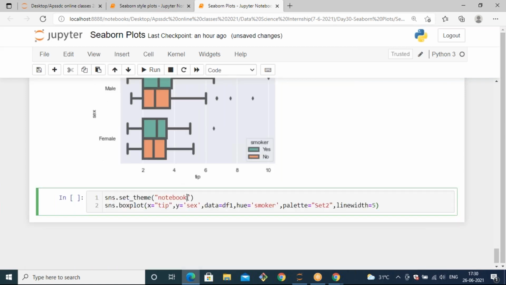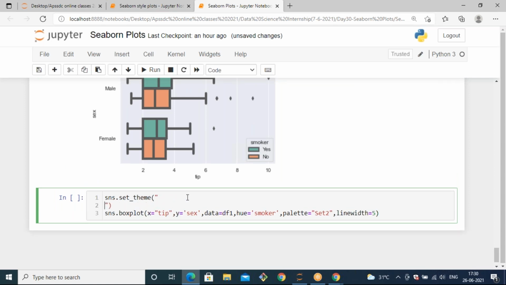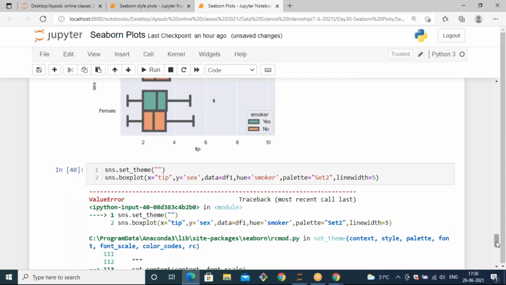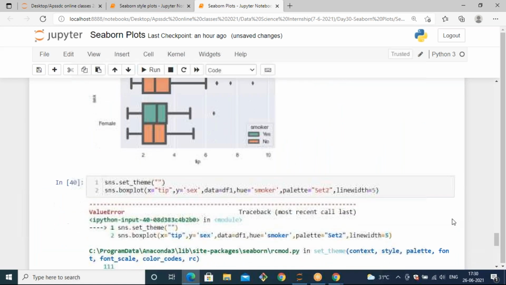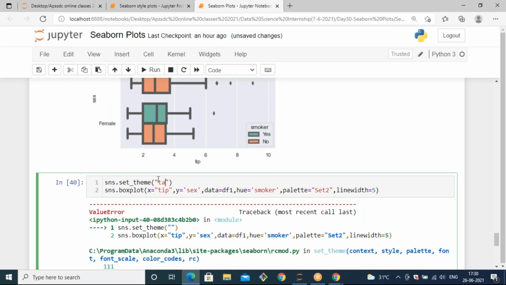So here I am applying the theme. We have paper, notebook, talk and poster. Let's apply talk and see the differences. Here we are taking x equals tip.